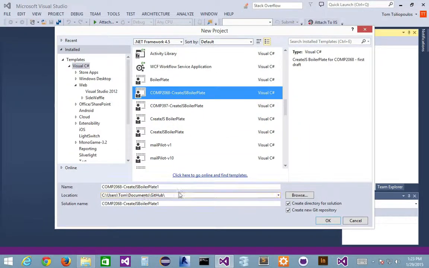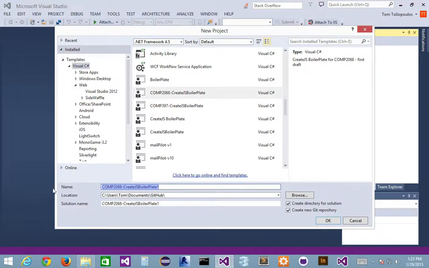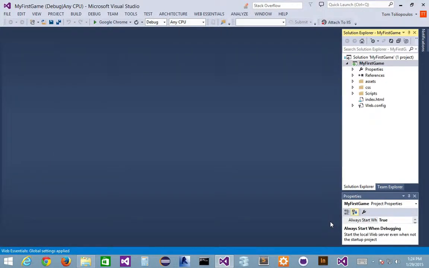Click onto it, and that gives me a default name, COMP2068 boilerplate 1. And I'm going to choose something else, like for example, my first game, right? And once I do that, I'm not going to save this as a Git repository. I'm just showing you how to do it. I'll press OK. And then it takes all my files from my CreateJS boilerplate,